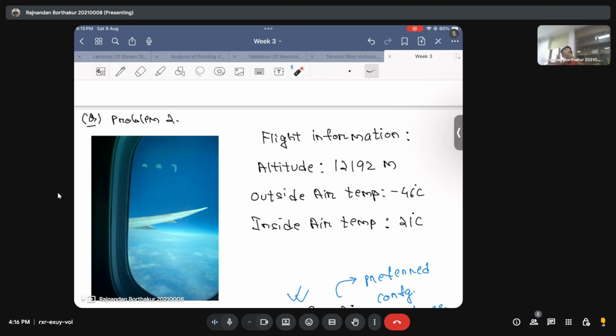Because there is significant heat loss taking place from inside the aircraft to the ambient. Since that chunk of heat loss is significant, in order to maintain your temperature at 21 degrees Celsius, you need enormous power, meaning that now the turbines need to generate even more power. Now that is not desirable, right? Because first of all, you want the airplane to be lightweight, meaning that you cannot use a very heavy engine. Your engines also need to be light,